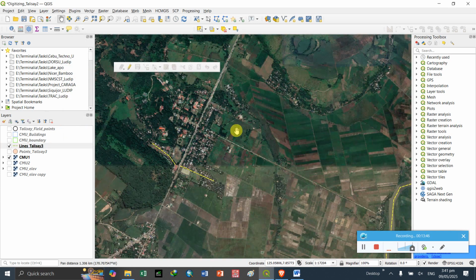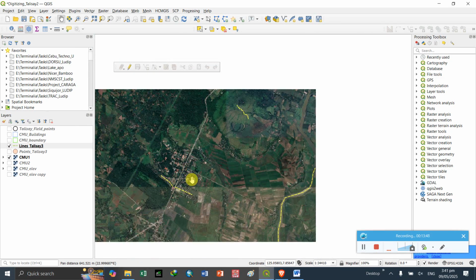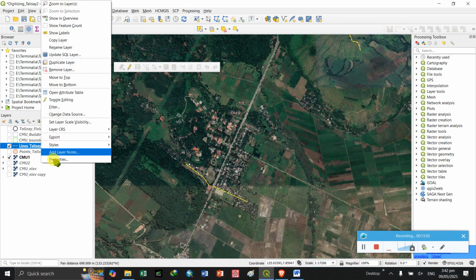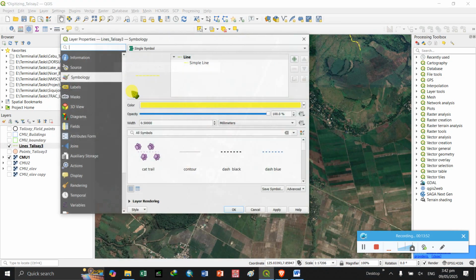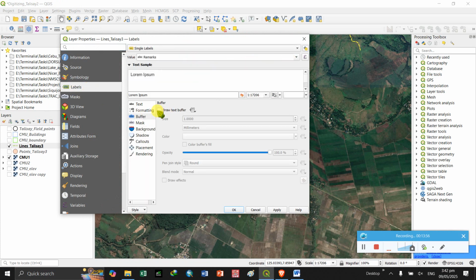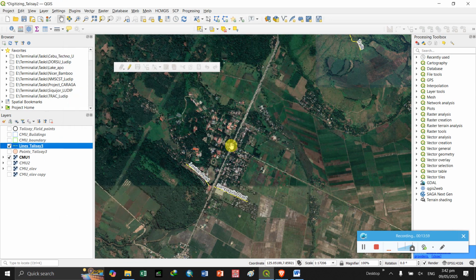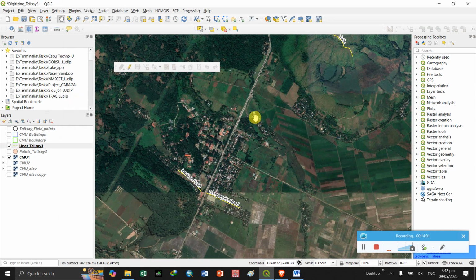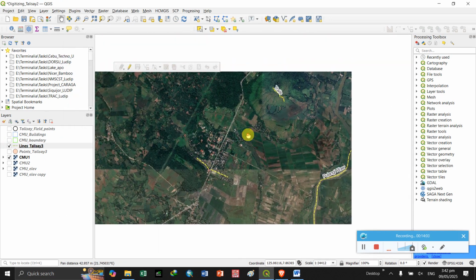Okay, and we can add some of the labels, single labels, remarks, text buffer, then there you go. So these are your line feature.